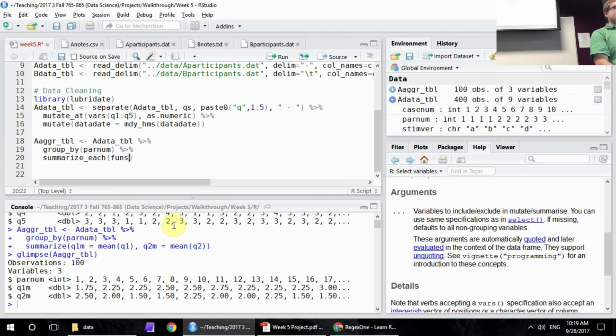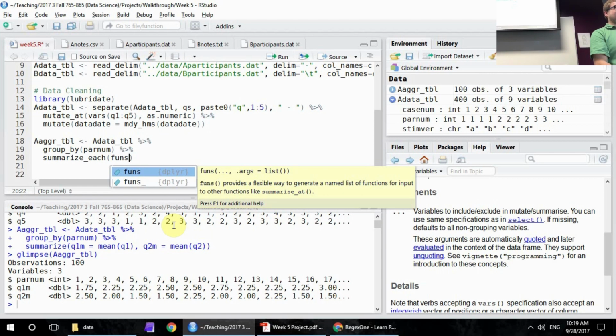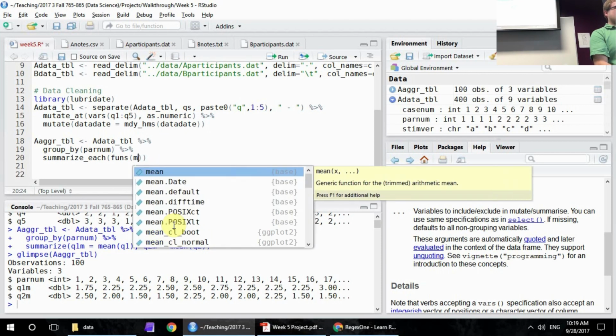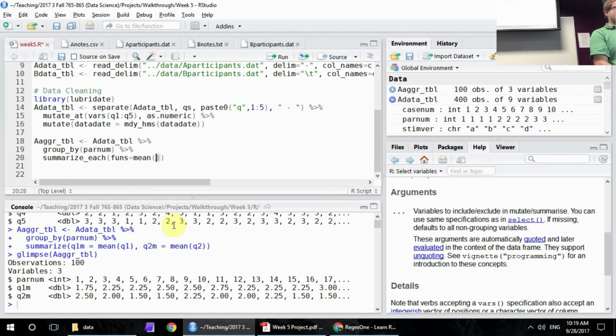funs, open parenthesis, mean. Wait, funs mean. Open parenthesis. Oh, funs equals mean. Open paren. No, funs mean. Within the parenthesis mean, dot, comma, space, NA.RM equals true. Okay. Then outside of those two parentheses,